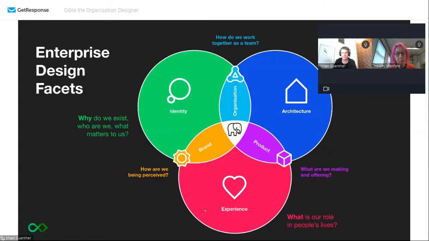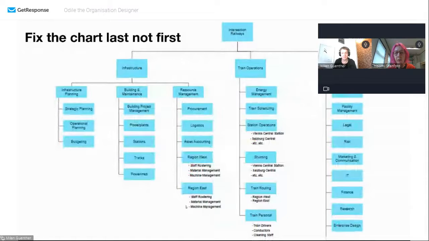Unfortunately, most organization design starts with people grabbing hold of the organization chart. And I just want to pause on that for a second. And at the same time, tell you never to look at the organization chart unless you want to find out what somebody's actual name is, if it's on the org chart. Don't look at it at the beginning because it's not going to tell you very much.